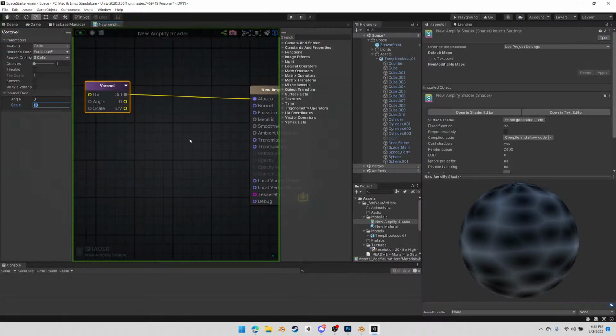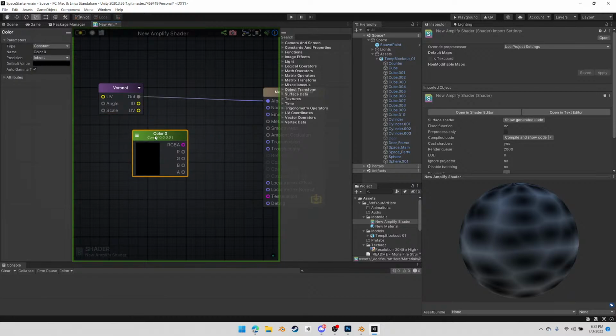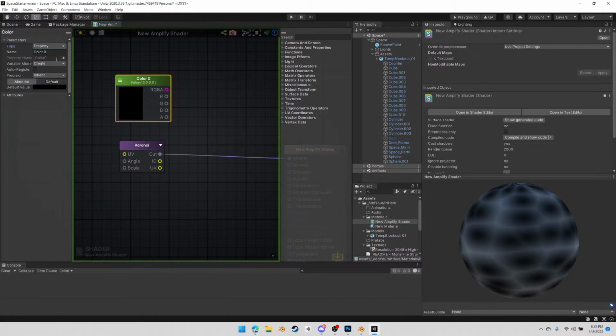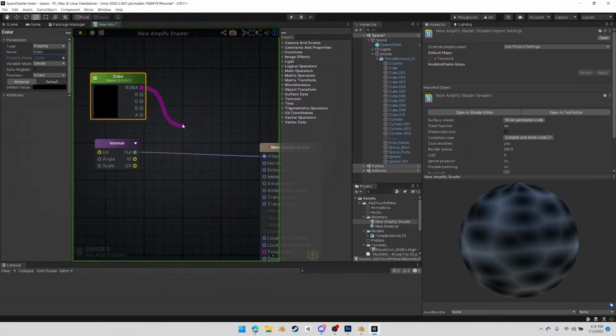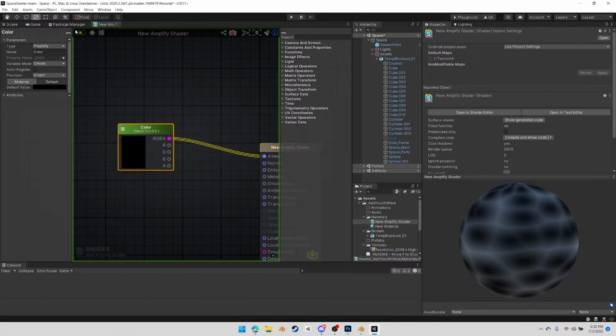Yes. So what basically it is, you have a bunch of nodes which represent, let's say, a bit of code, right? So I can grab the camera depth fade, I can grab the screen color, I can grab constants and properties, so I can put these in. So say, for example, I could put a color up here. And then I can show that as a property. Right? And what that does is, when I save it,